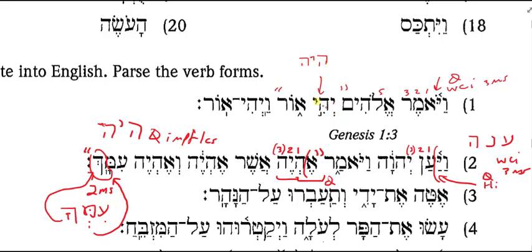Notice that I have the hey missing from the back side. This is an apocopated form. And apocopation in 3 hey verbs happens in jussives and WCIs. Over here I have Vayhi, same form, but as a WCI form. The Dagesh Forte has dropped out of the Yod here, and a vocal Shavah should have been here.